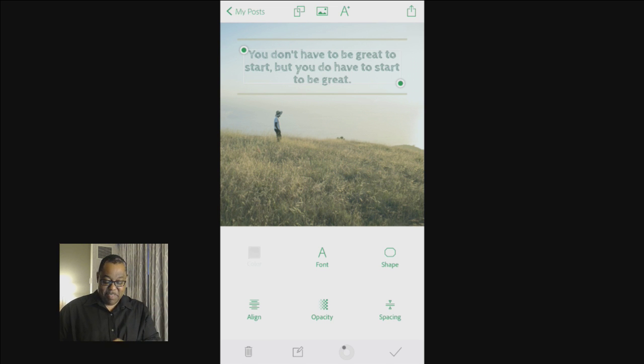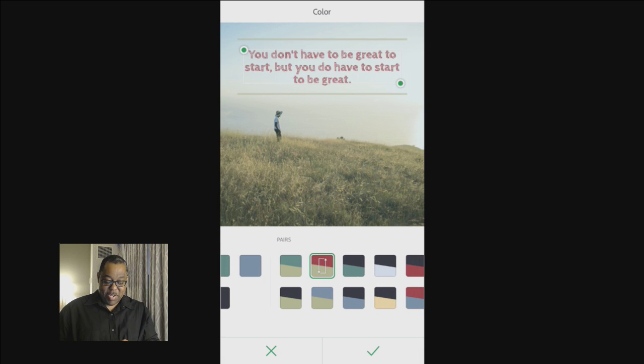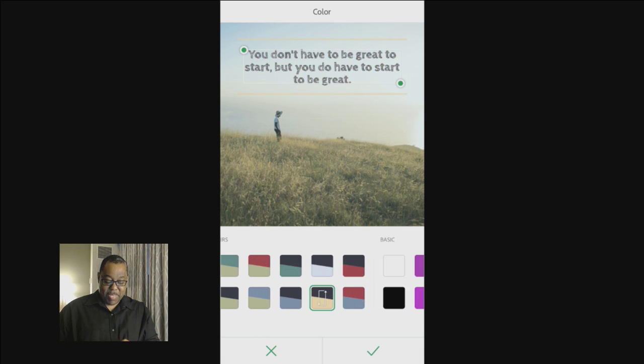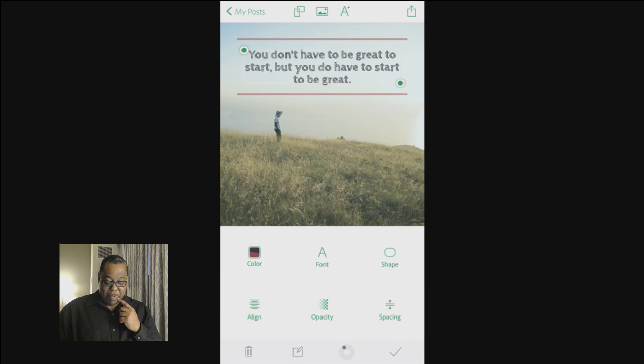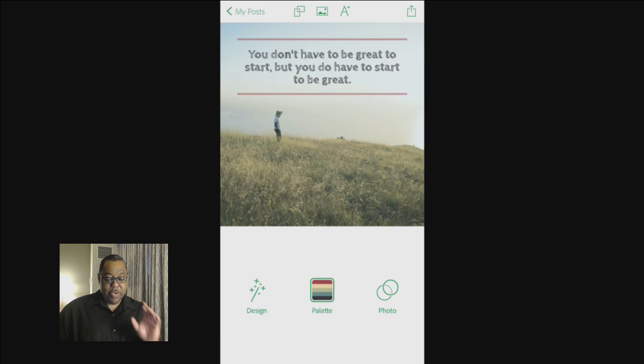And again, if I don't like the new color choice, I can still go in and affect the color, but keep that new design that I just chose. All right, so now that I've got that in place, I can say okay, just check the box there. And you notice that the aspect ratio is still square. That's because most of them start out square, but if you want to change it from whatever it is to whatever you need,